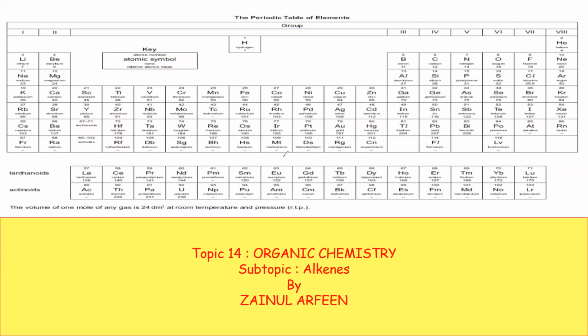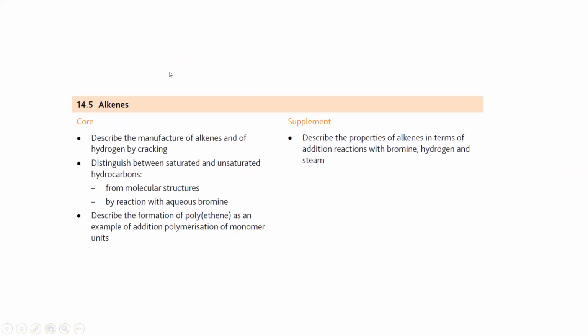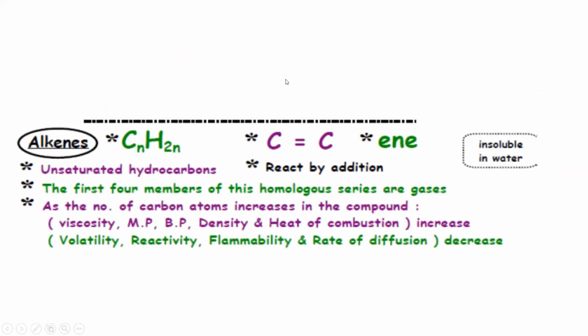So topic 4, organic chemistry, and the subtopic is about alkenes. What are alkenes? Alkenes are hydrocarbons which contain a double bond between carbon atoms. These are the learning objectives. You should be able to describe the manufacture of alkenes, how we can prepare them